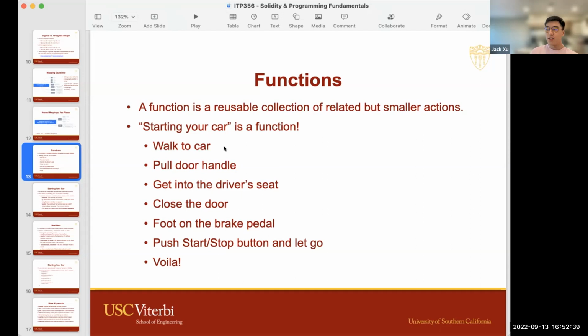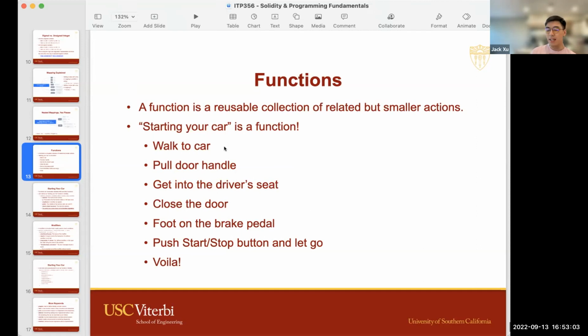But on Tuesdays and Thursdays, when I get ready to drive to downtown LA to give this lecture, I don't think through all of that. I just think, oh, it's time for me to go to my car and drive there. You see how I'm abstracting away all the minute steps.